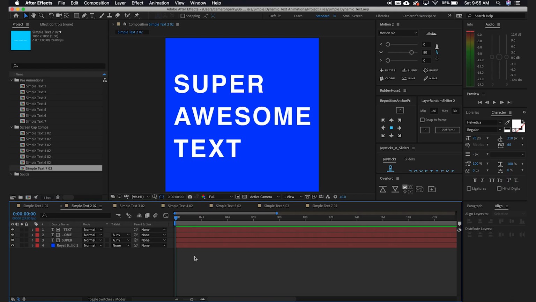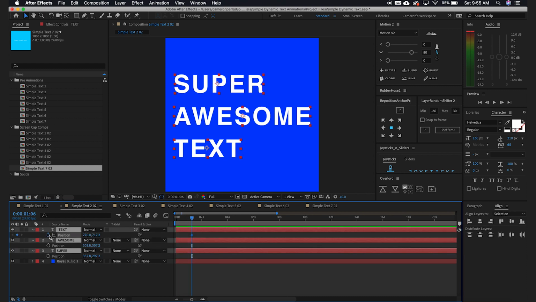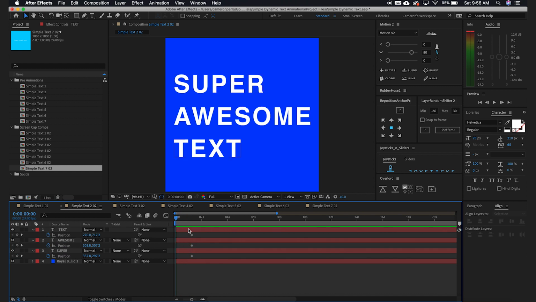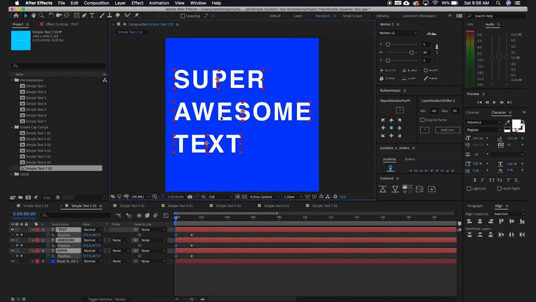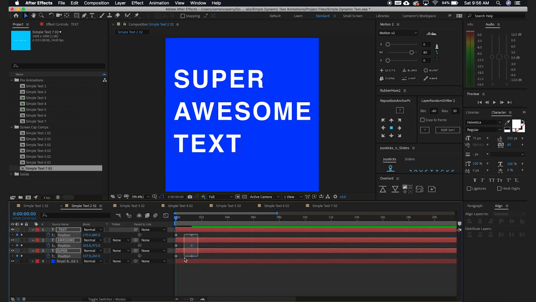Moving on to the next one, we start again with the same 3 lines of text. This one is even more simple. I'm going to come in about 30 frames or so and create a keyframe on the position for all 3 layers. I'll back up to the beginning of the timeline and move these layers up ever so slightly. The effect we're going for here is super subtle. Ease those end keyframes. Again, I'm going to do about 80% influence.